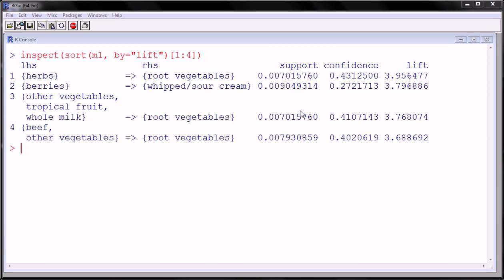There's a lot more you could do with this. You could look at rules specific to any particular item or group of items. You could put them on the left hand side or the right hand side and then sort them with any of these and try to see interesting rules that might be actionable for a business setting or whatever it might be. So at least these two parts of the series that I did on association rules give you the basics on how to get started with association rules in market basket analysis, in transactional data,